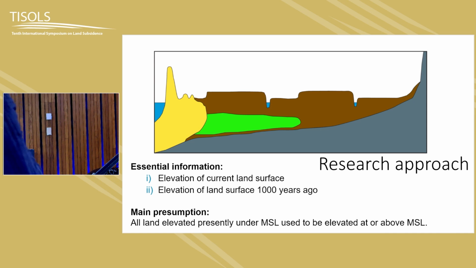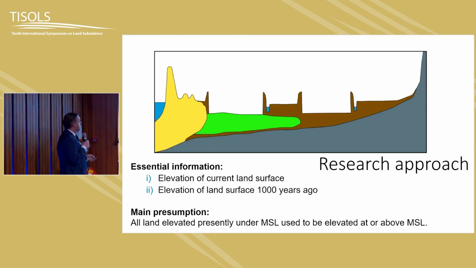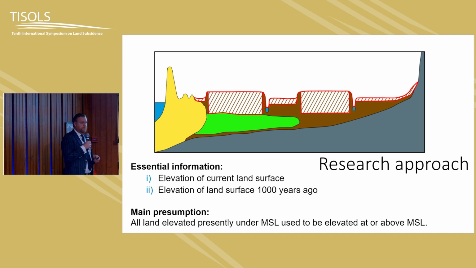Now, the present surface is not a big problem, of course. The surface of 1,000 years ago is slightly more challenging, but doable. And you can see we had these peat domes, which were a couple of meters above sea level. And then here, these are the fens, which were a couple of decimeters above sea level. So that was the landscape. The peat domes are largely gone because of excavation, so they're now the deepest part of the landscape. And the fens were largely drained. So the difference is the volume that we need.